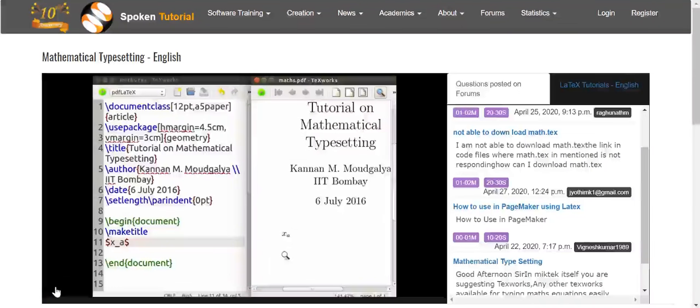What if you want to put AB as the subscript? You have to use braces. Try it yourself.